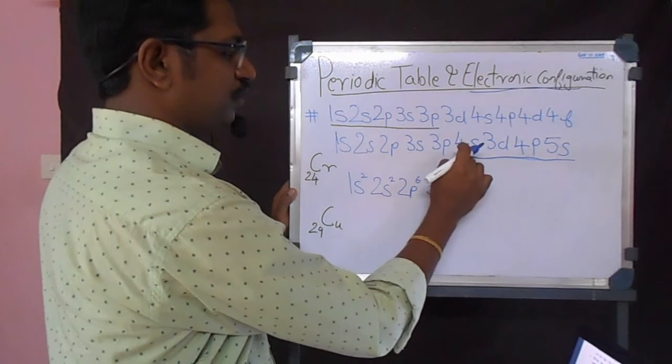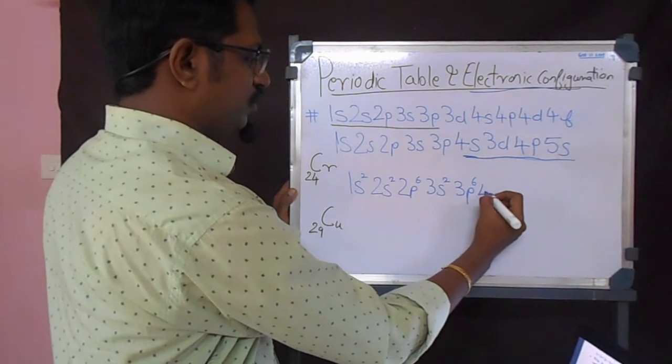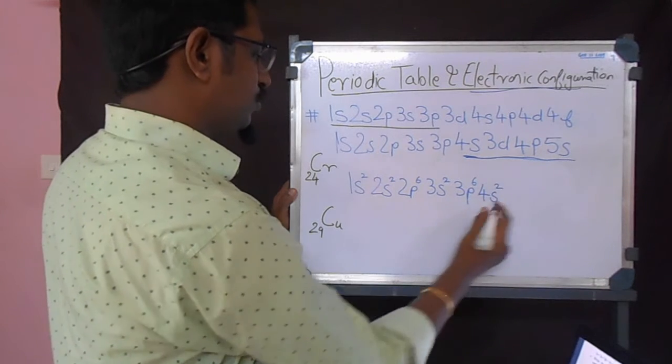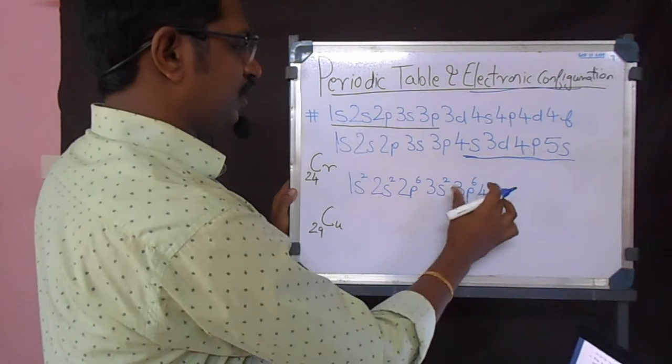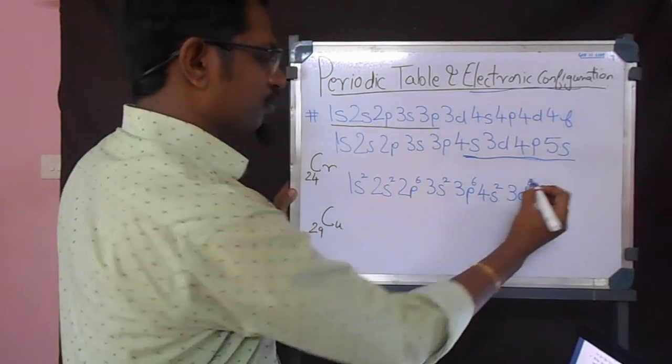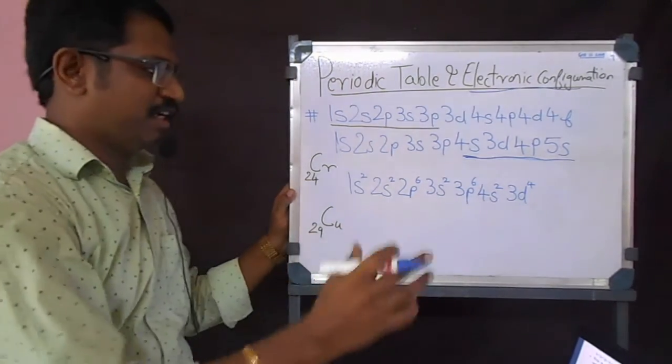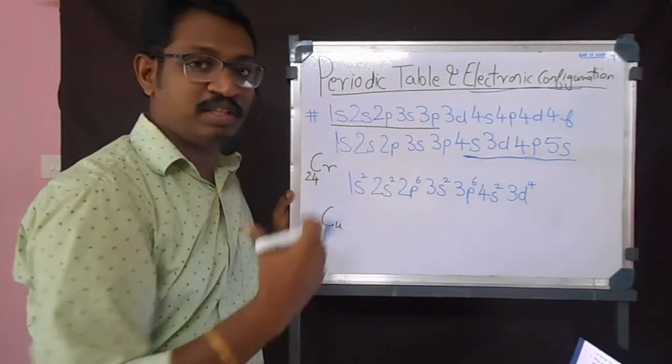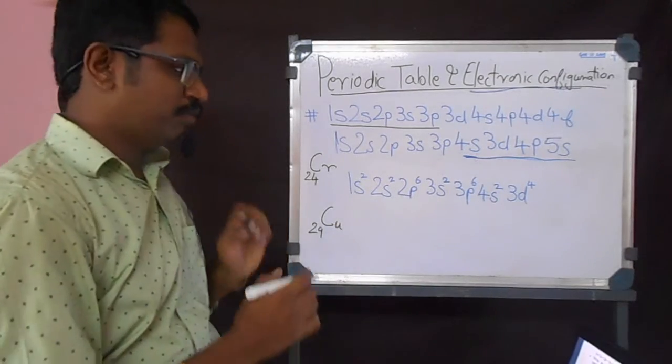How do we go further? So we have to use this one. 4s 2, so it is already 20. And then we say it will be 3d 4. Correct. Now again, this is what we think it should be like this. But if you see here,